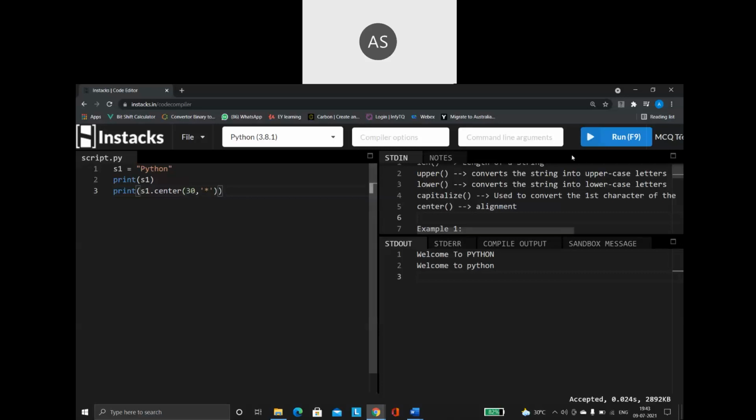See what happens when I run my code. Then you will see the difference. What is the purpose of it? See, 30 is my number of characters. So I am saying the total width, that is the total number of characters, is to be taken as 30. So in that, center alignment.